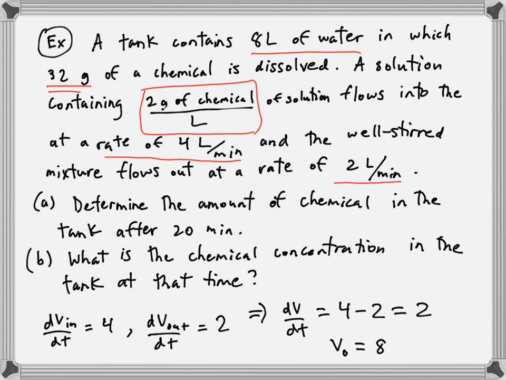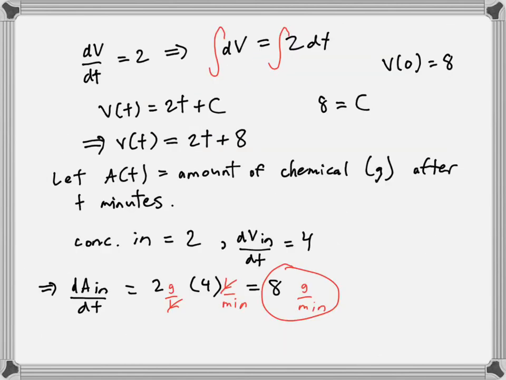So that's the concentration. And even though it started out as a concentration of, well, what was it? It was actually 4 grams per liter when we began because it was 32 grams in 8 liters of water. But what's happening is after 20 minutes, you've already diluted it enough for it to be almost at 2 grams per liter. Now, it'll never reach it, but asymptotically, if you take the limit as t goes to infinity, then it will reach that. So notice